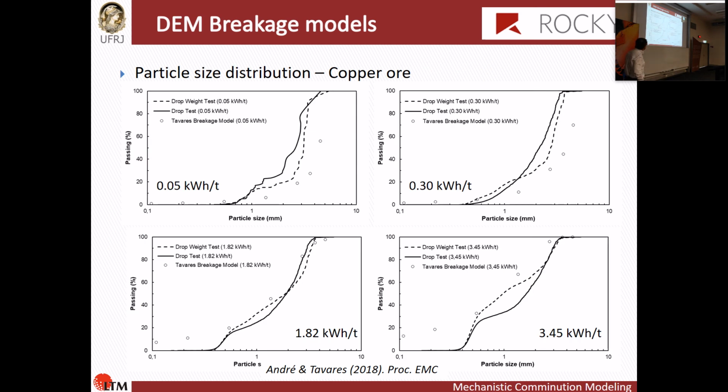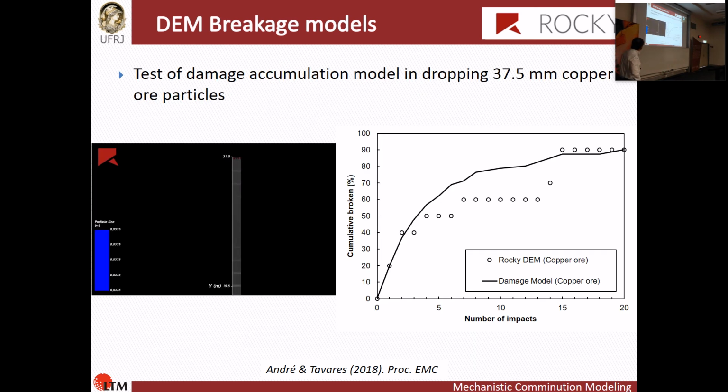So when you look at the size distribution, remember, DEM for size distribution is pretty tough because you cannot have the full spectrum of sizes, so you truncate at a given size, for instance, 0.3 millimeters. But you see, it's not bad at all, actually. Look at very low energy impacting the particles. The points are the experimental data, the model, and here are the simulations. If you look at 0.05 kilowatt hour per ton all the way to 3.45, it's not bad. It's going to do a really good job looking in a crusher, as we are going to be doing